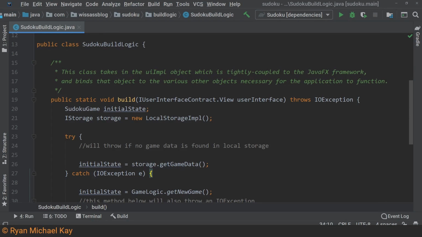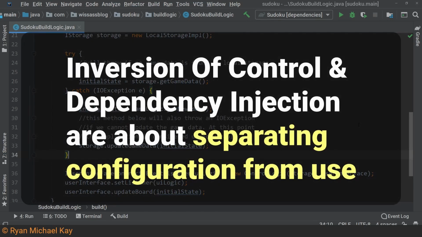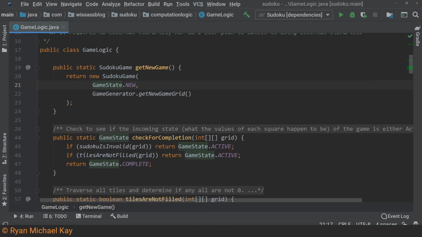Another subset of control logic, which I suggest you keep separate from other things, is what I like to call build logic. This relates to the term dependency injection if you have ever heard of it. Martin Fowler, my favorite authority on software architecture, summed this up beautifully by discussing the principle of separating configuration from use. As for computation logic, we are of course talking about classes or methods which validate user input, solve equations,